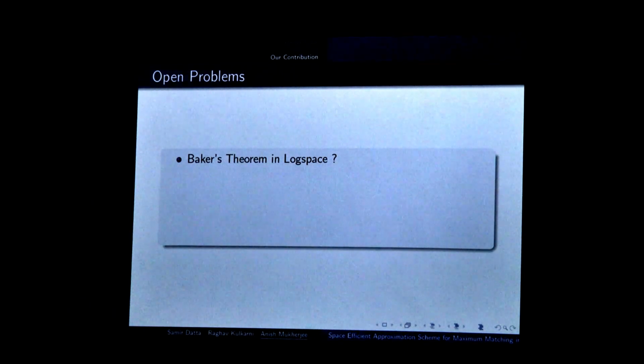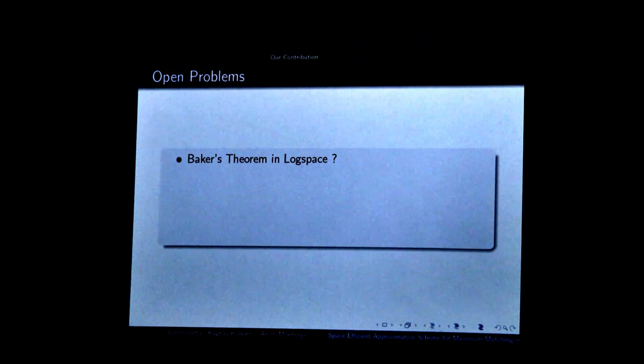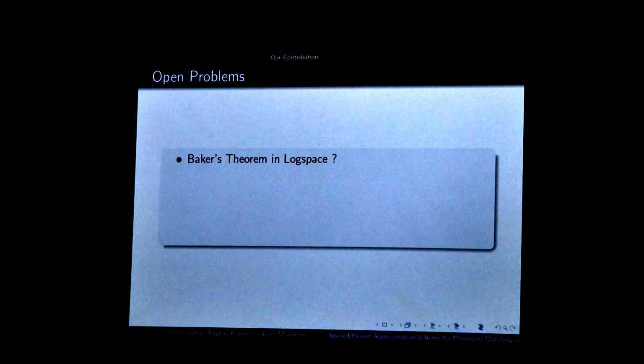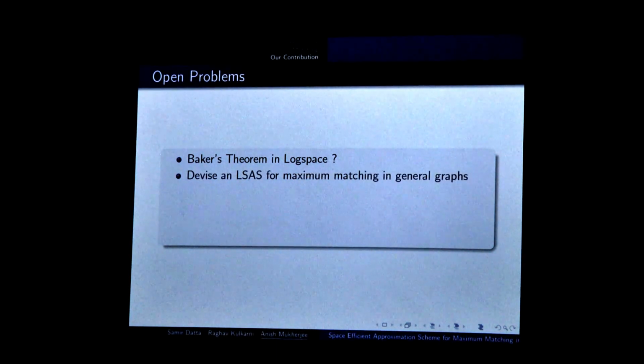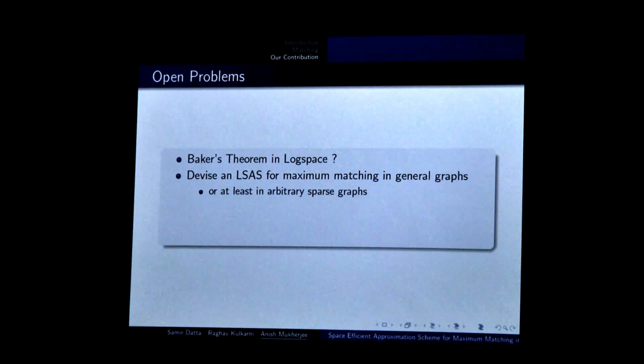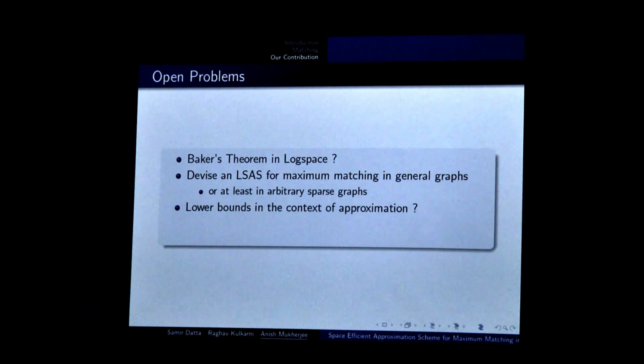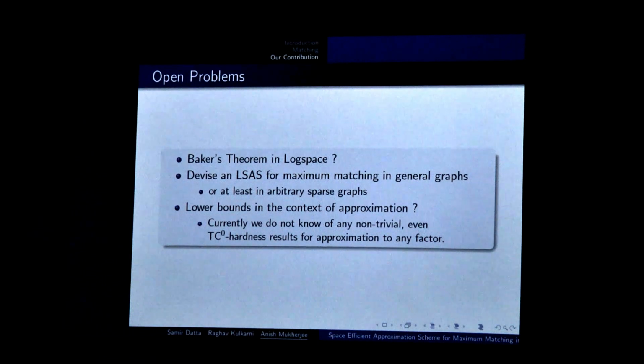And so the main problem remains open. What can we do for Baker's result, or the whole set of problems instead of just one problem? Or even devising a Logspace Approximation Scheme for matching in general graphs. We are just showing it for some sparse graphs, not even for any arbitrary sparse graph. Can you do that? And we don't know much about lower bounds in the context of approximation. Currently, we don't even know any TC0 hardness of finding such approximation algorithms for matching or other problems. So, can you